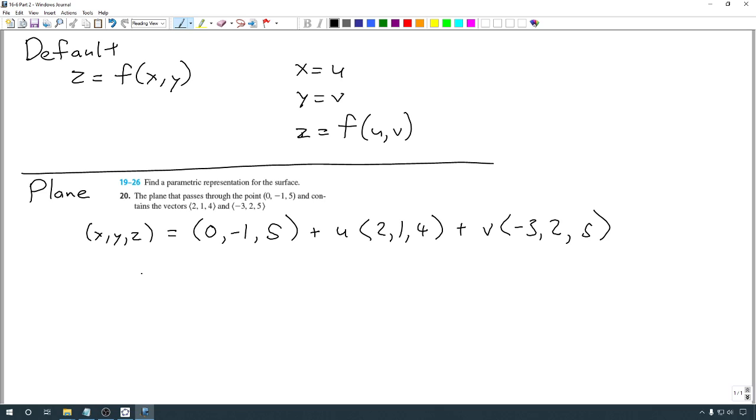Or in other words here, x is equal to 0 plus 2u minus 3v. y is equal to negative 1, we have a u and a 2v, so we'll write it as u plus 2v minus 1. And finally, z is equal to, we have a 5, a 4u, and a 5v, so 4u plus 5v plus 5. And if we use those as actual equations for a parameterized surface,